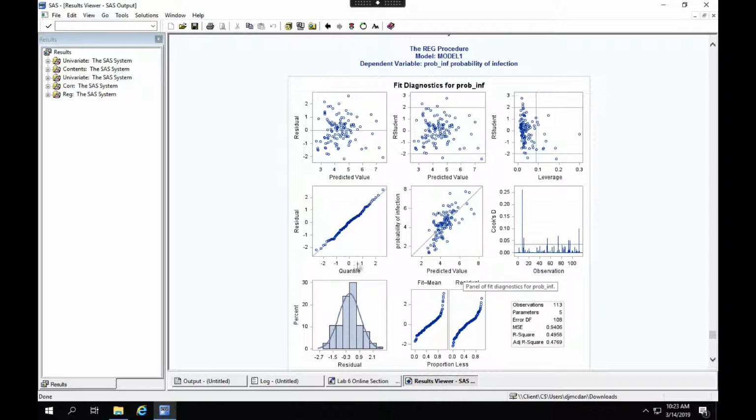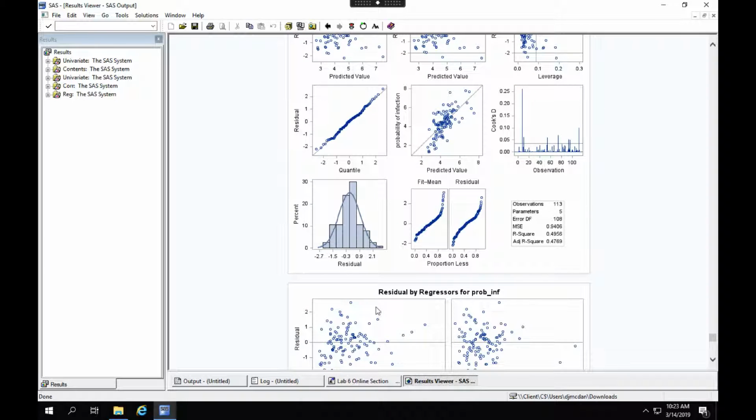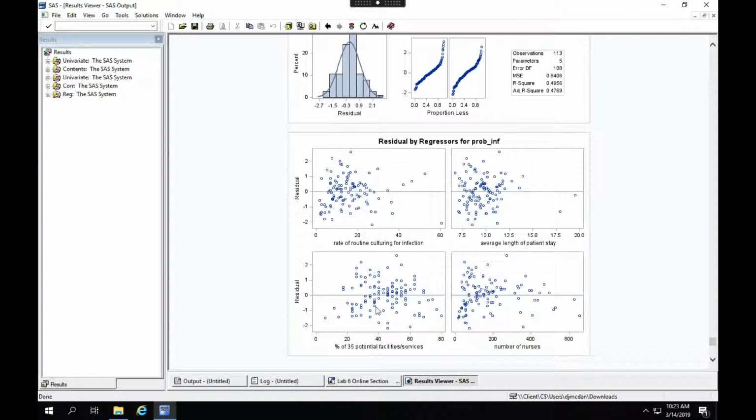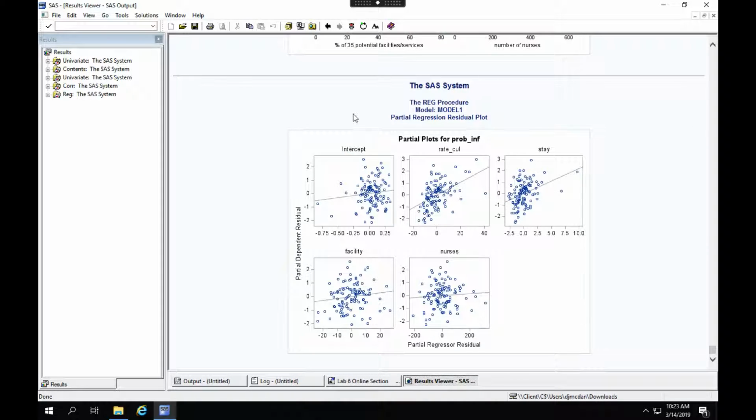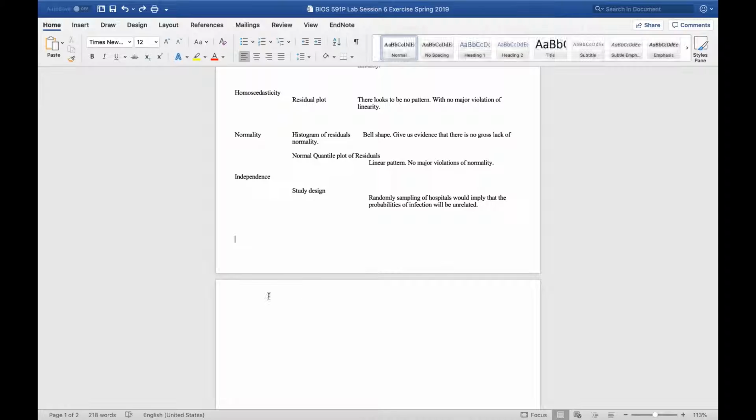You looked at the QQ plot. What else did we look at? We looked at our histogram, and then our partial plots. So our partial plots, you can screenshot this plot and put it in your document to help show the output